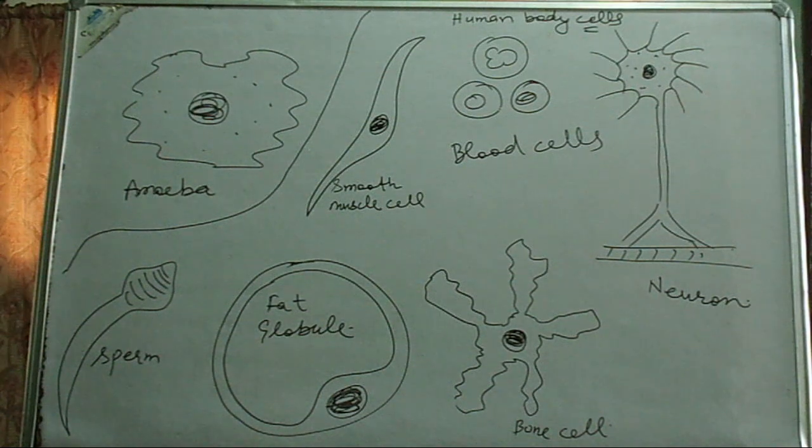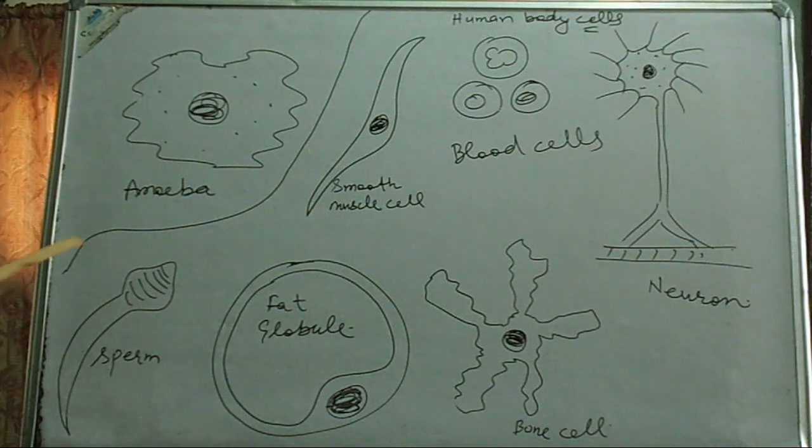And here we are going to study almost all the eukaryotic cells. I will tell you about the prokaryotic cells also, later in this chapter, where there is a difference between prokaryotic and eukaryotic cells. We will study that. But first we are going to follow these structures which are visible to you on this whiteboard.